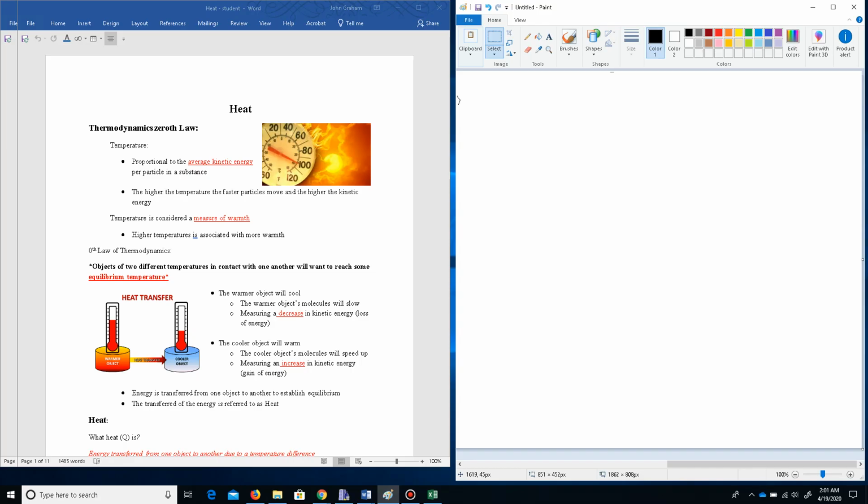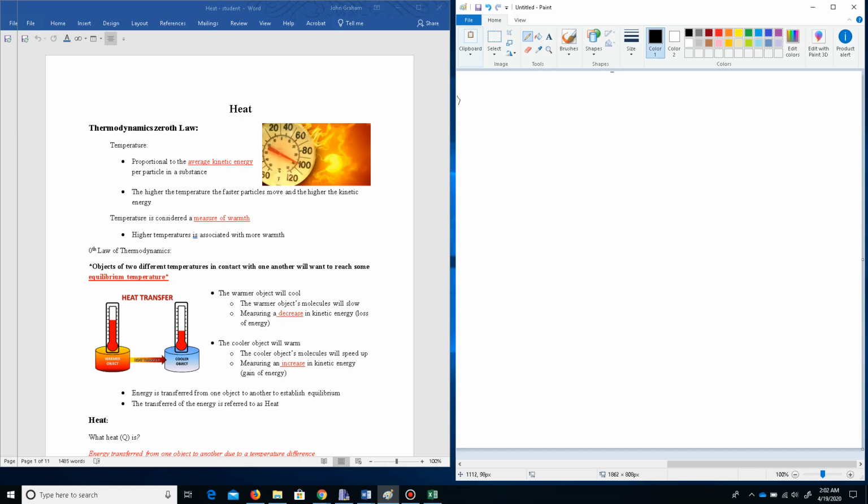As I go into this, there's a few things I want to mention at the beginning. First, what's called the thermodynamics zeroth law, and that is that when you have two things that are in contact with one another and they're at different temperatures, they will come to an equilibrium temperature. And what we're going to see with this is that, so let's say we have